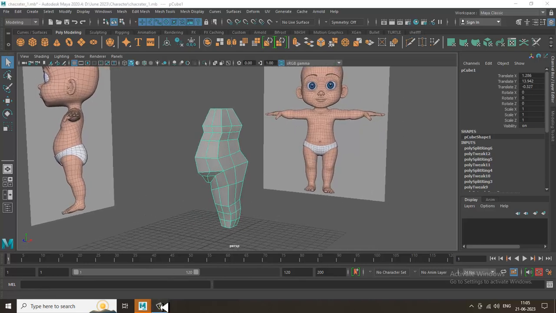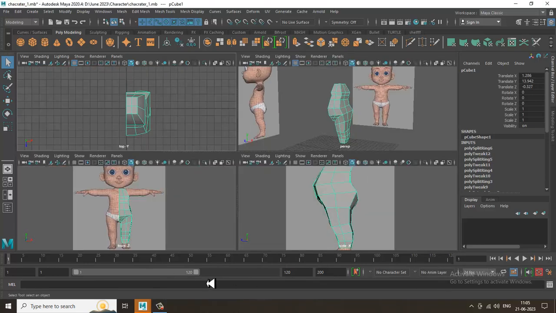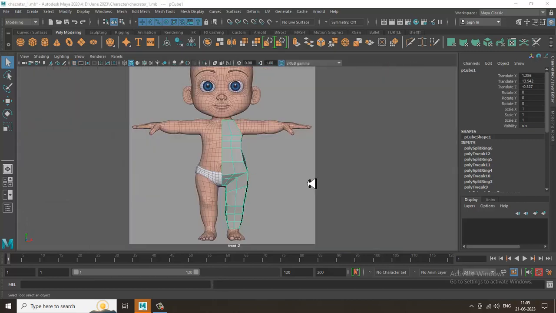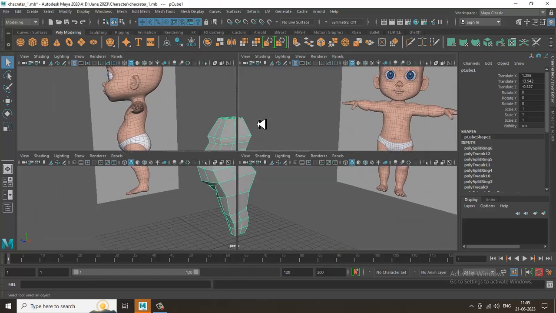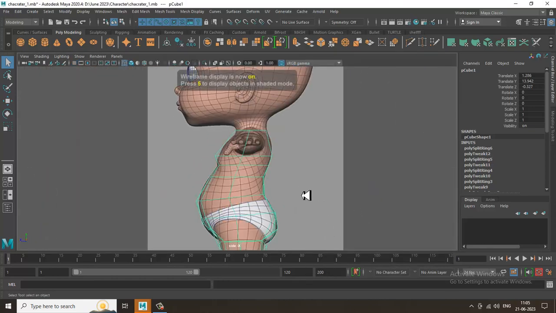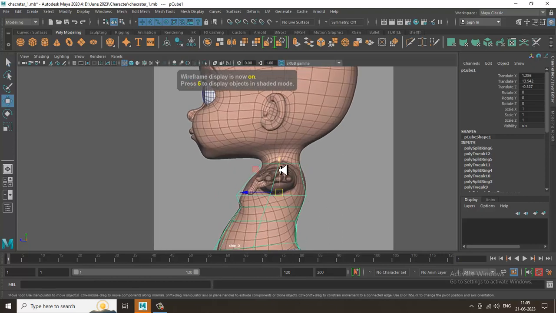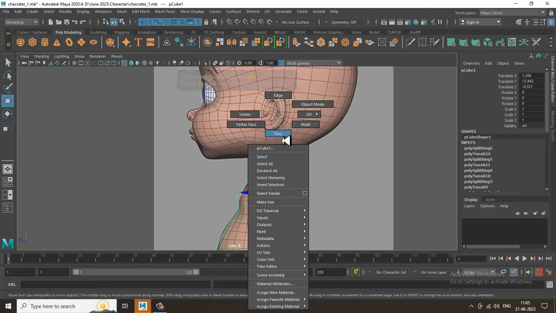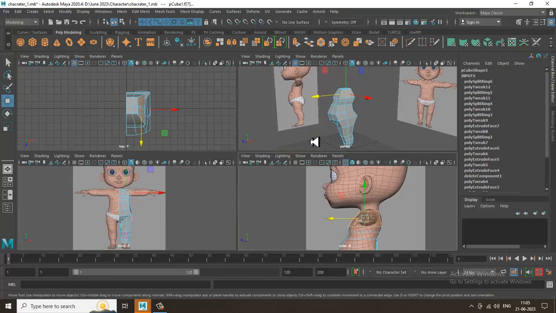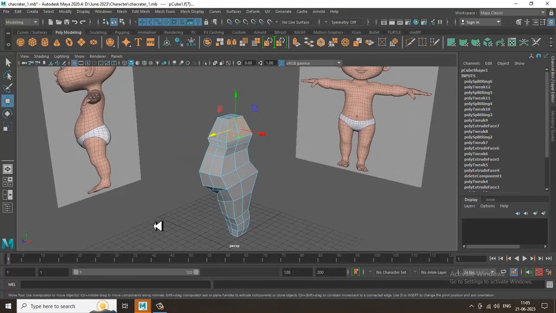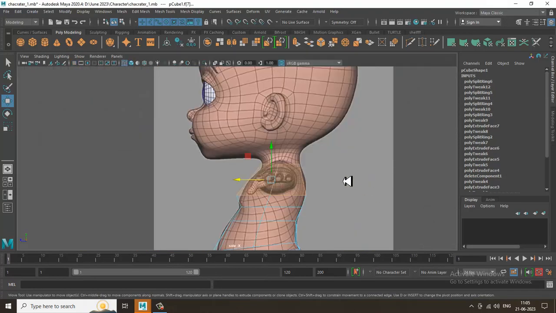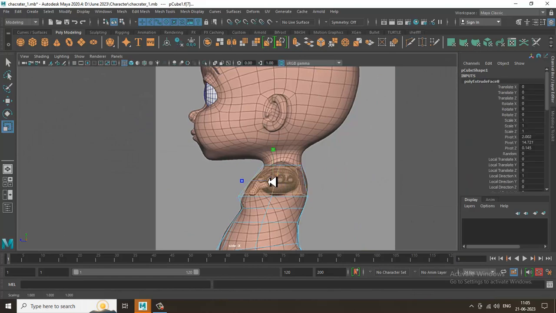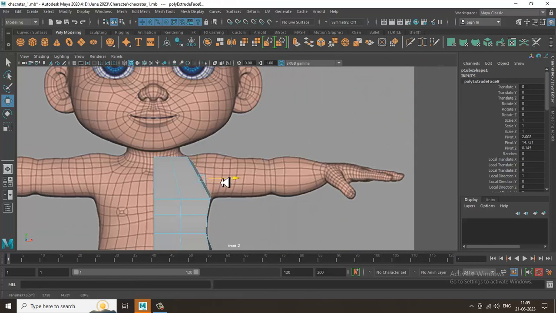So let's get started. As you can see over here, we have started with the modeling of this particular character. That's a toddler character. So let's continue it. Now what I'll be doing is, let's go over here, select these polygons, select these faces, slightly press shift and scale this. So I'll just extrude it, push it a bit up over here,